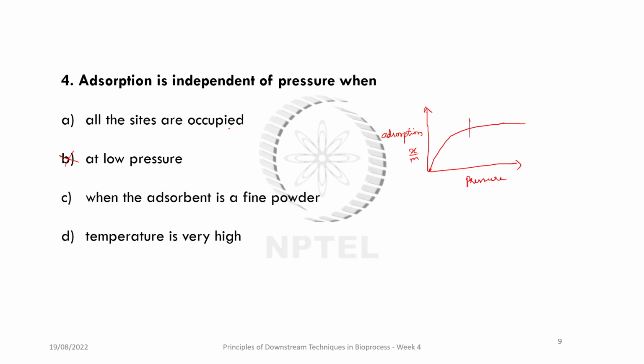So as far as adsorption, both physical and chemical, are concerned, in physical adsorption, with increase in temperature it decreases, right? So why does it decrease? Because it is an exothermic process, correct? Adsorption is an exothermic process, so with increase in temperature it is unfavorable, therefore adsorption decreases. In chemical adsorption, with temperature, first there's an increase and then it decreases. Slight increase and then it decreases. So this is